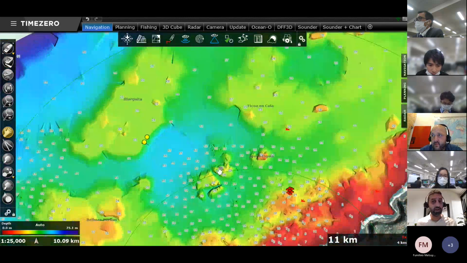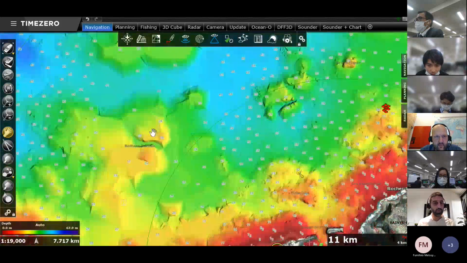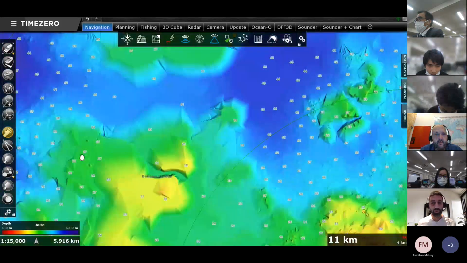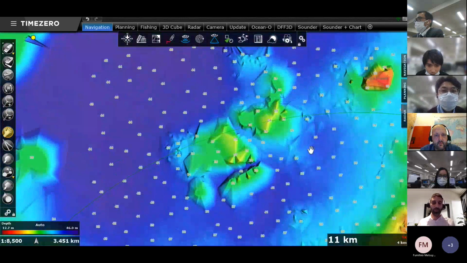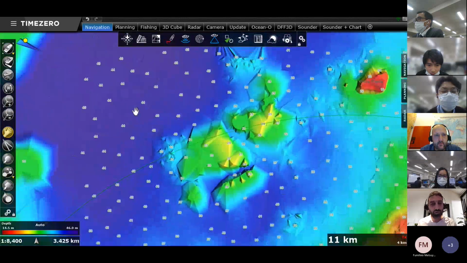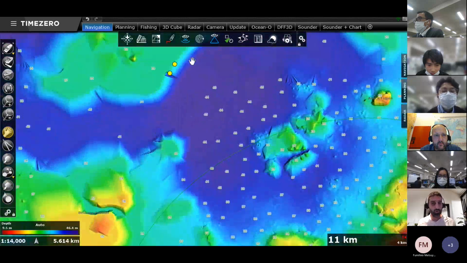It's not a bad chart. You have some information about rocks, about bottom information. So you have some information, but you see the resolution is not great. It's not perfectly tuned and fine. It's good, but it's not perfect.